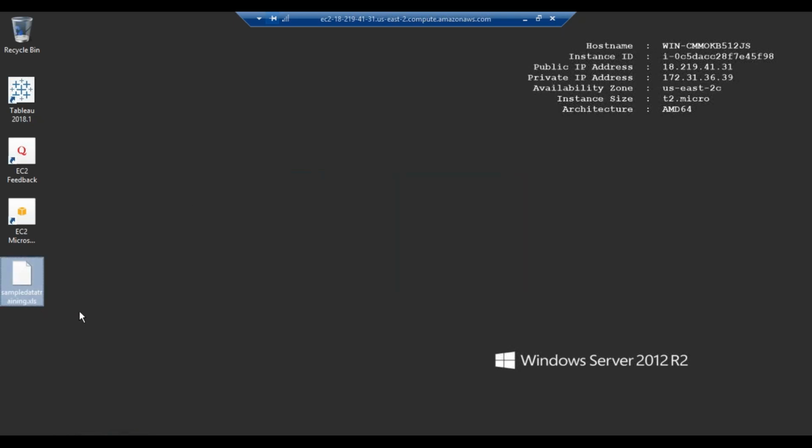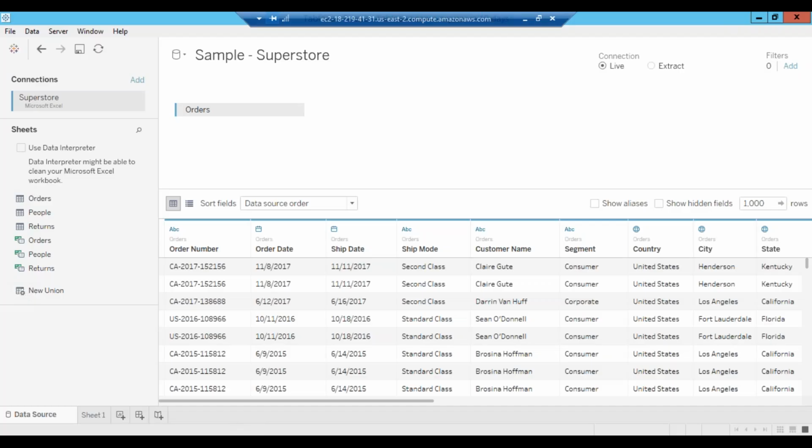This is an XLX file, so it is not showing the icon because Office is not installed, but if I load it in Tableau, it will be readable.